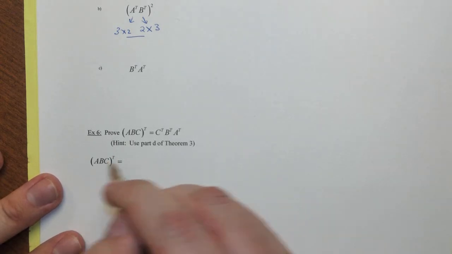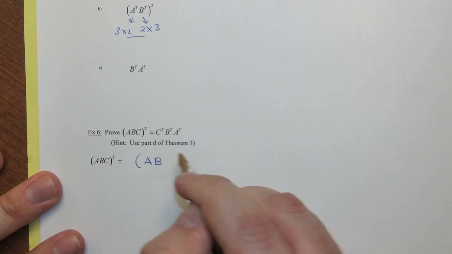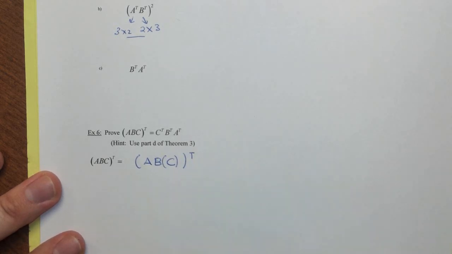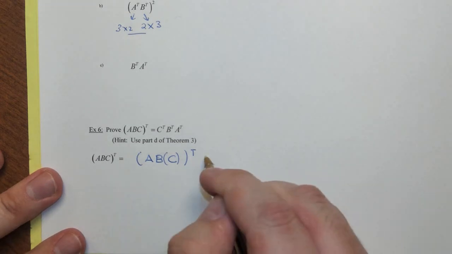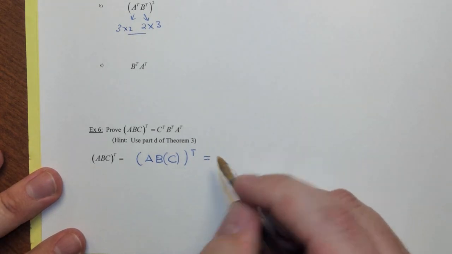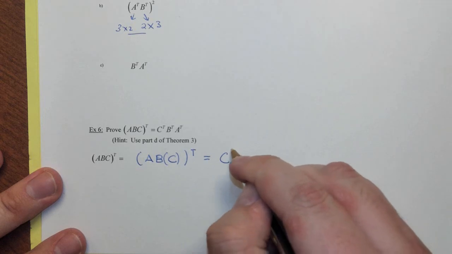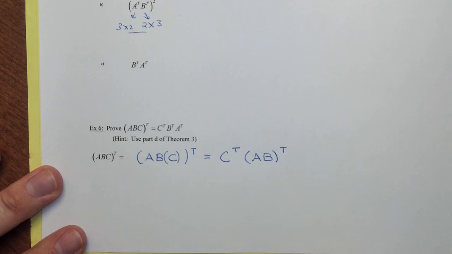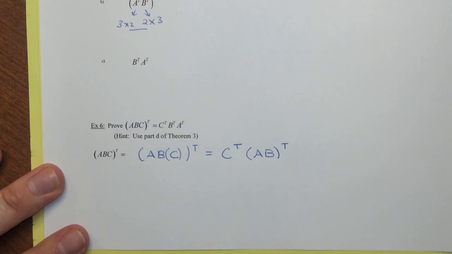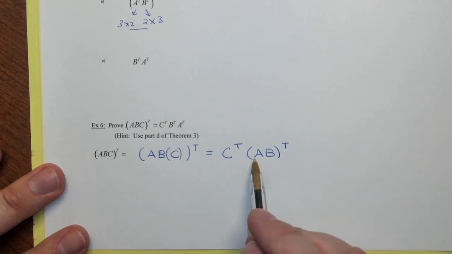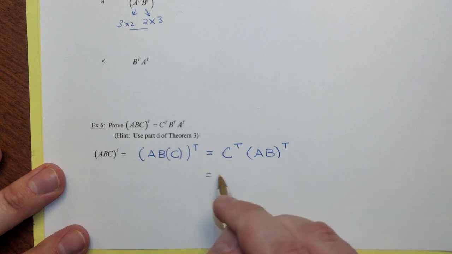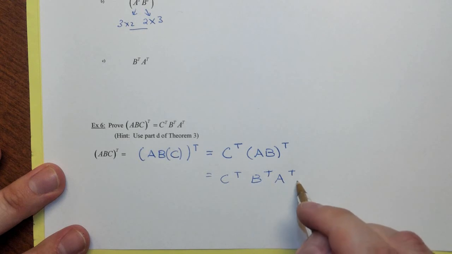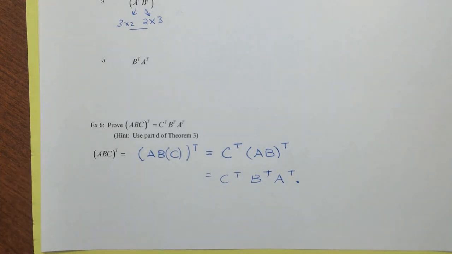If I view this as AB multiplied with C, then I know that the transpose, based on that third property, will be C transpose multiplied with AB transpose. But the other thing we know is that the product AB transpose is the same as the product of the transposes in the opposite order, thus completing